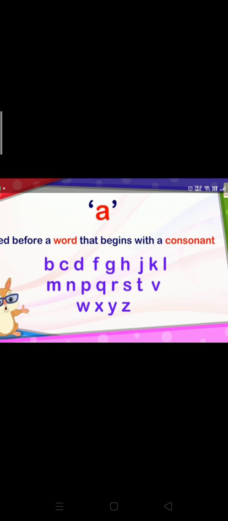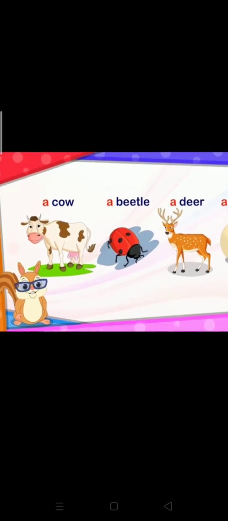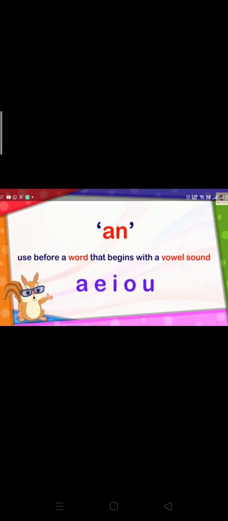So if the first letter of the noun is a consonant, then the article which we need to use is a. Clear? For example, see over here: a cow, a buffalo, a beetle, a deer, a pearl. Got it?